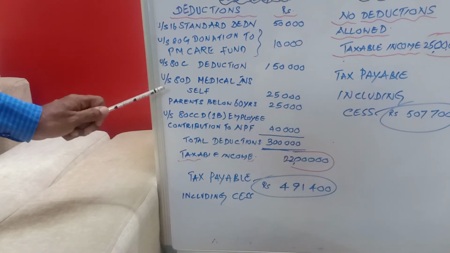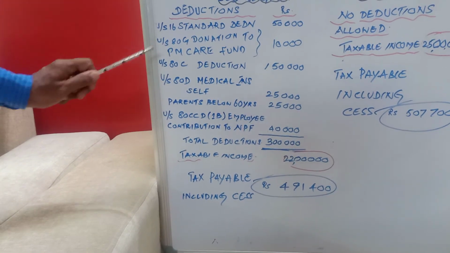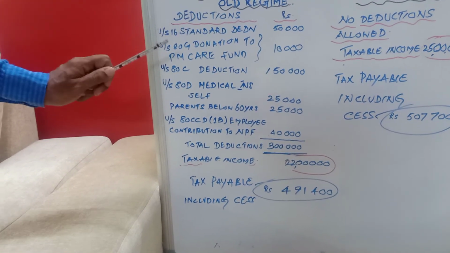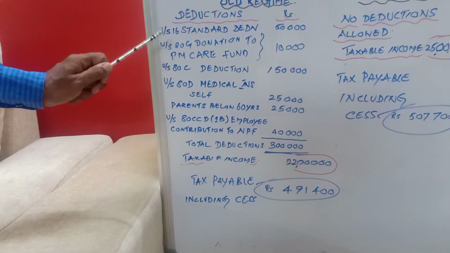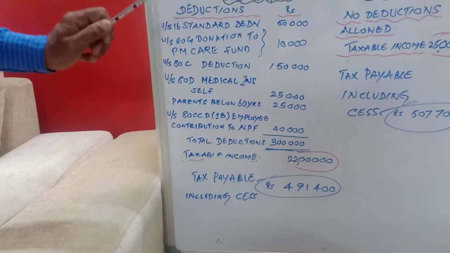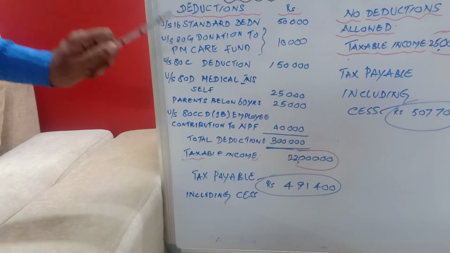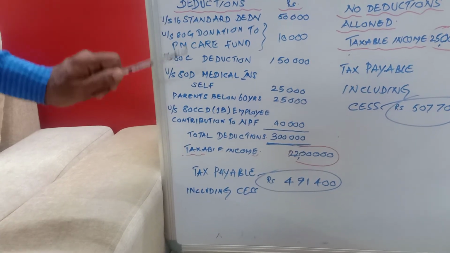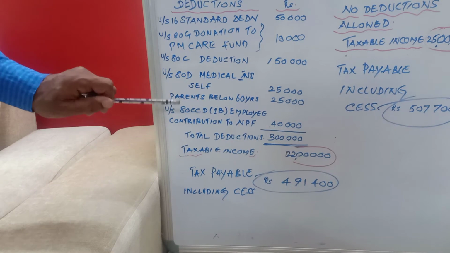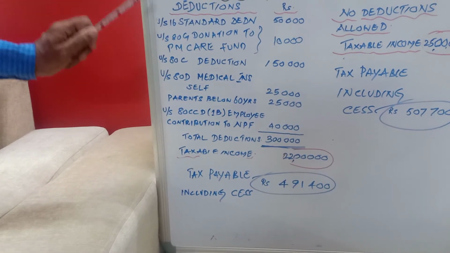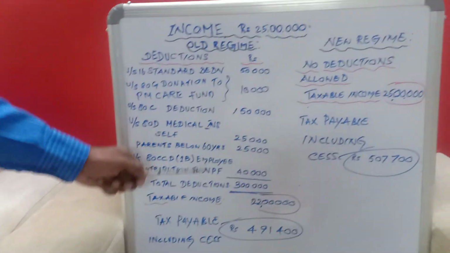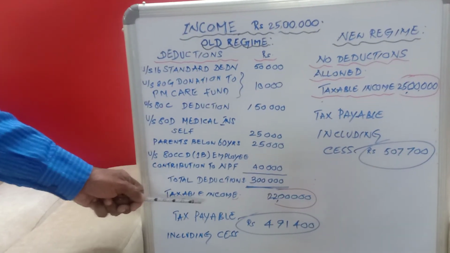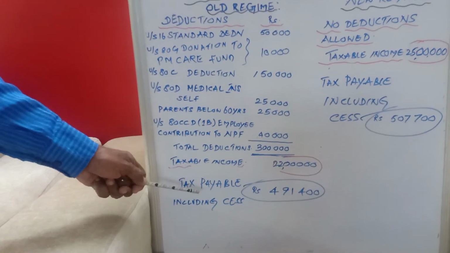In this case, there is no HRA deduction and no interest on home loan, since he is residing in his own house and the loan amount is completely settled. So he is not eligible to claim interest on home loan or HRA. So the taxable income comes to 25 lakhs minus 3 lakhs, 22 lakhs. Tax payable including cess